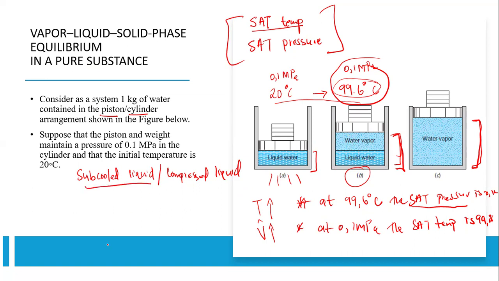We call it subcooled liquid, or we call it the compressed liquid, meaning the liquid that has a temperature of 20 degrees Celsius, 30, 40, 50, 60, 70, 80, as long as the liquid has that